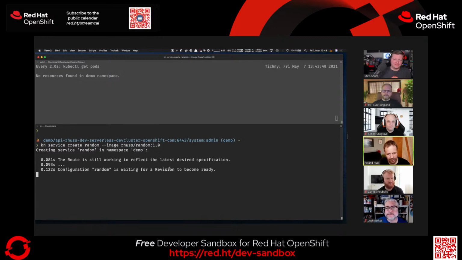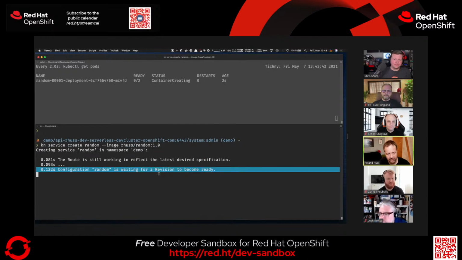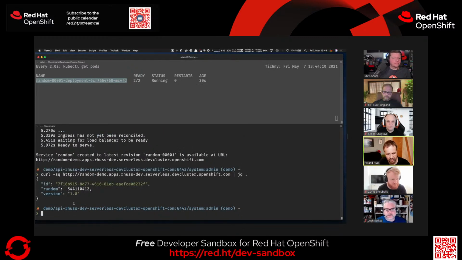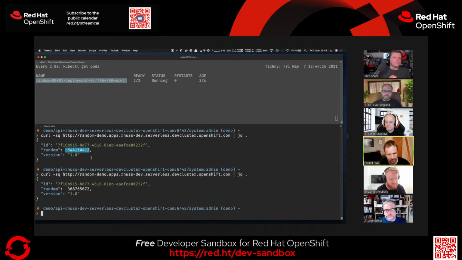You see that with this CLI, you wait synchronously until the service is up, and you see at the top that it gets started. You see also that this goes very quickly. And now you have this running on your cluster. You automatically get an ingress created for you in the service, and you get the URL here. And of course, you can just use curl. I'm just using this URL and putting it into jq for formatting, and you just get back a random number, and you see the numbers. So, a super sophisticated